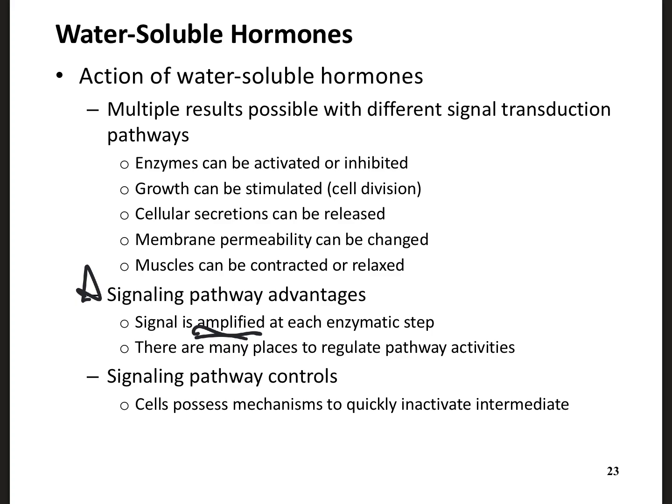So think about my example of going down the line, Nyla, Molly, Jackie, over to Molly, Emma, right? We all go all the way down the line. At any one of those steps, I can say stop. You can stop that from happening, right? So the communication can stop at any one of those steps. So it gives lots of amplification of the signal, it can lead to diversification of the outcomes or the response of the cellular behavior, and it can also allow the cell to intricately control the activation. It can shut it off whenever necessary.